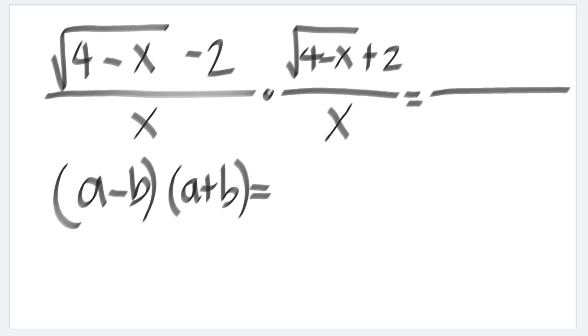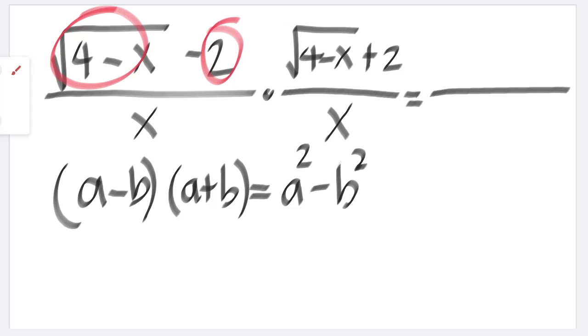The resulting product is the difference of 2 squares. So you just have to square this term and also this term, so that the resulting equation would be square root of 4 minus x squared, that would be 4 minus x, minus 2 squared, that is 4, all over